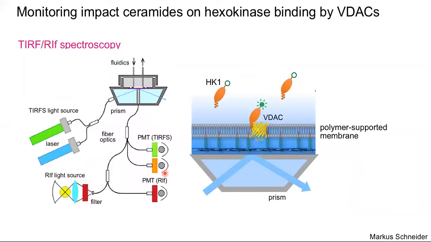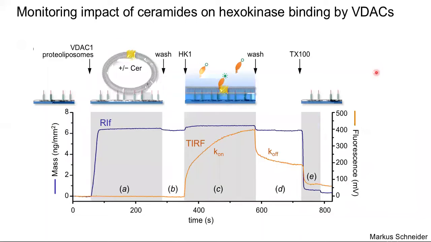So, to challenge this model, Marcus Schneider in our lab is pursuing a bottom-up approach in which he uses reflectometric interference and TIRF spectroscopy to measure the interaction kinetics between VDAC channels embedded in polymer-supported bilayers and their fluorescent-labeled protein binding partners, such as hexokinase 1. And here's an example of a typical binding experiment whereby the RIF intensity signal, as shown here, allows you to monitor how the VDAC-containing proteoliposomes, when injected into the system, form a stable, defect-free planar polymer-supported bilayer, and then